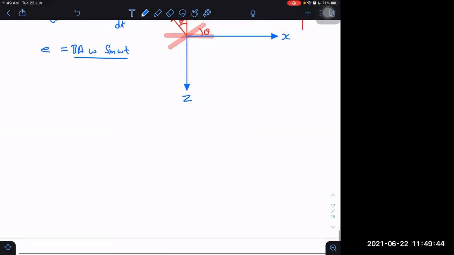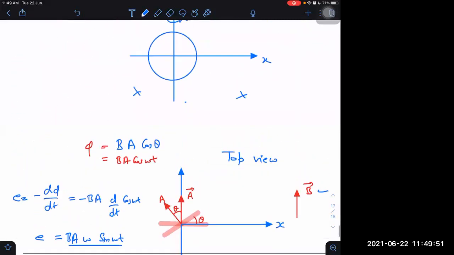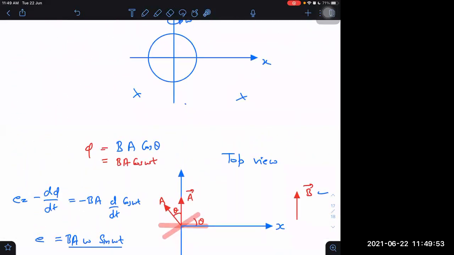What is the reason for this EMF? Can you tell me what is the reason for this EMF? Change in flux. The change in the number of field lines passing through it, sir. That is the reason. But a conductor is moving through the magnetic field lines. If it is moving, then because of motion, there will be VBL or not? VBL will be created because of the motion or not? Yes, sir, it will be created.